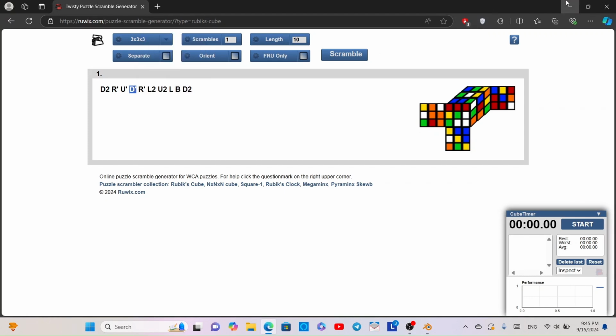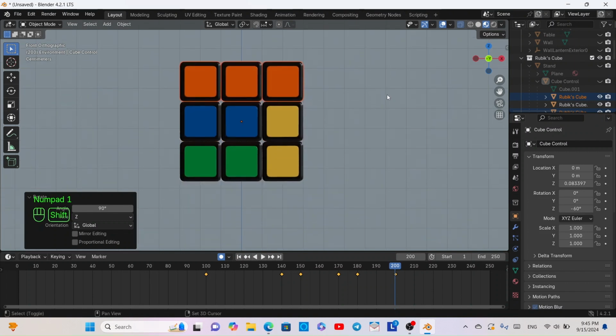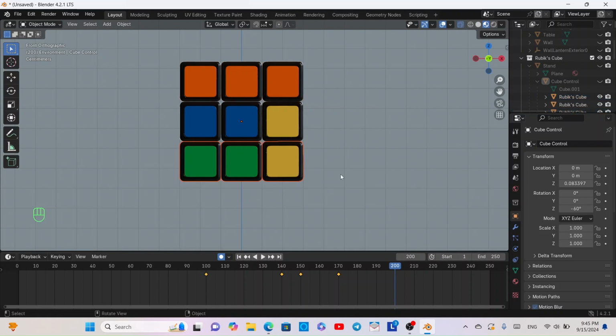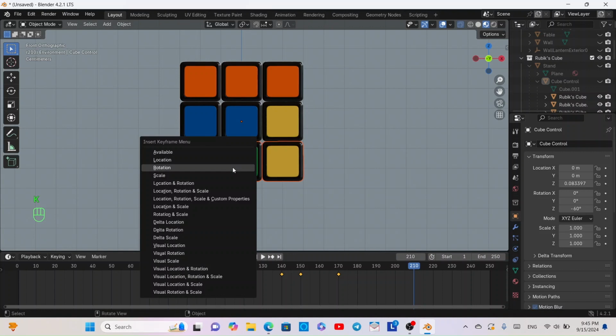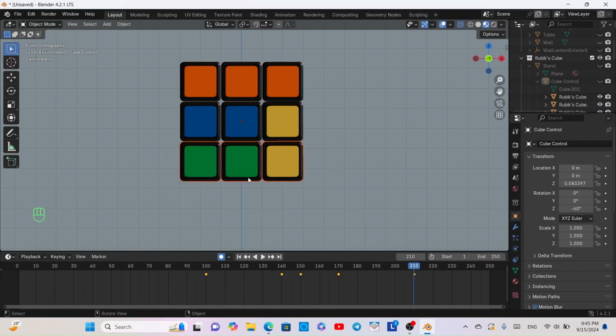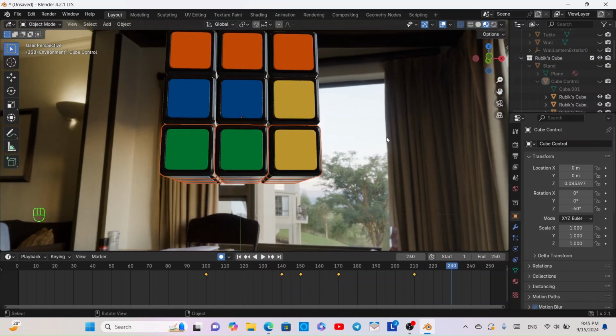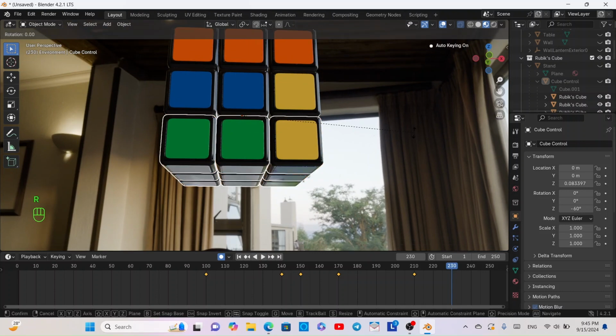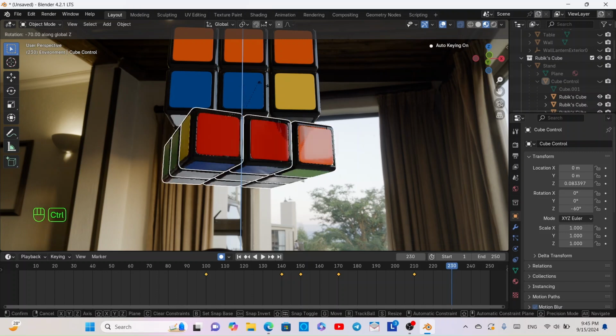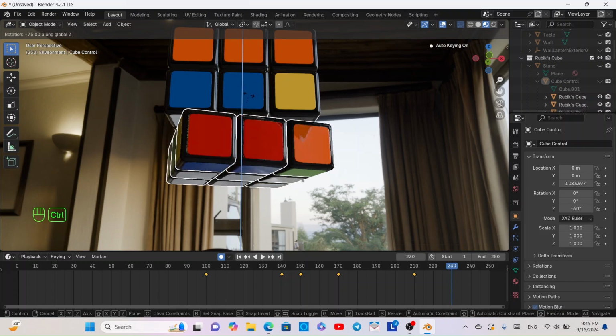This says D apostrophe, which means down face 90 degrees counterclockwise, so go ahead and select this. Make sure to skip 10 frames first and then press K, rotation keyframe, and then what we want to do is skip 20 frames to frame 230, and then we're going to rotate this on the Z-axis by 90 degrees counterclockwise, RZ, hold down Control, and just rotate it to this point, and then left click,